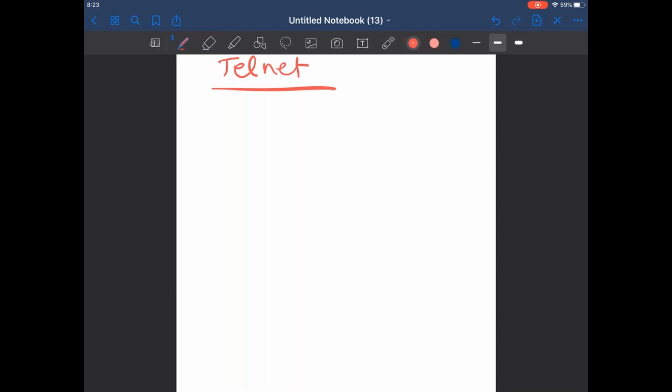See, Telnet is a program similar to SSH. We can use Telnet to remotely log into any device.